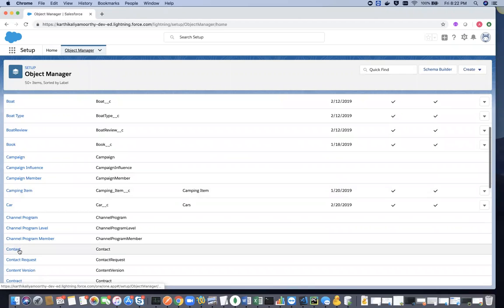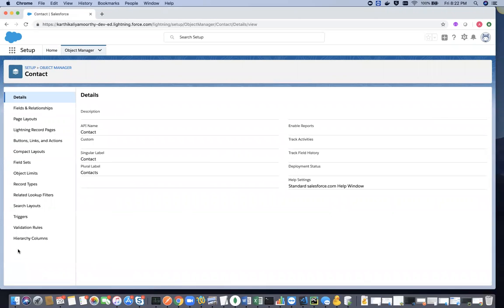Contact could be, for example, a record. A contact record could be Jatin, could be one of the records. Karthik could be one of the records. Srinath could be one of the records, right? When you go